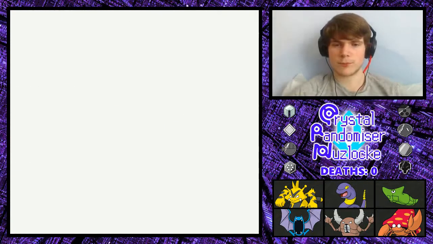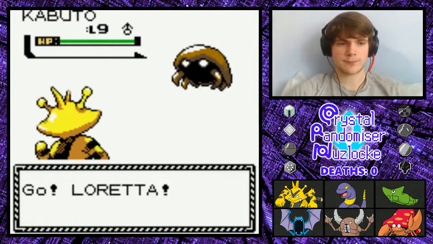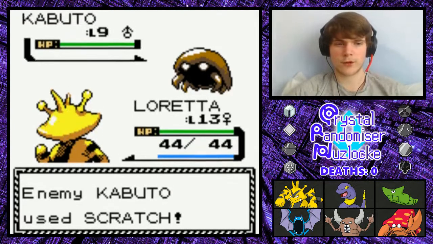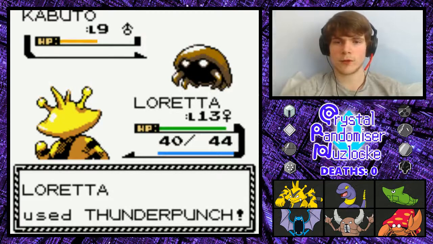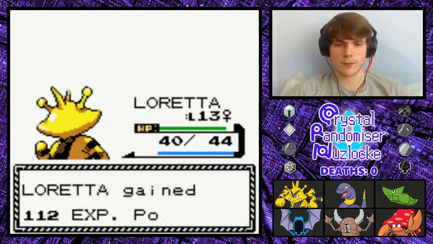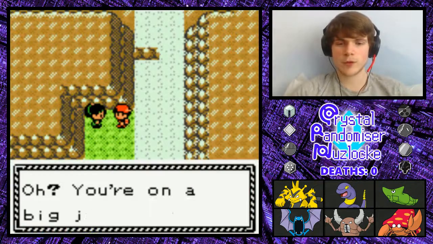If this thing's wanting to only use Harden, then I'm certainly going to be going into Loretta right now, as this thing was quite annoying to catch. Oh, it's got Scratch now. Alright, calm down. I'm going to Thunder Punch you. And I'm going to have no regrets because you're standing in my way. Nice amounts of experience. Almost up to level 14. Not quite, but we're getting there. You've got to relieve your anger. Well, you're in front of a wall there, so...